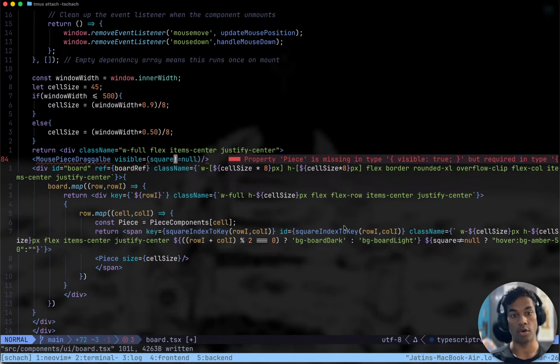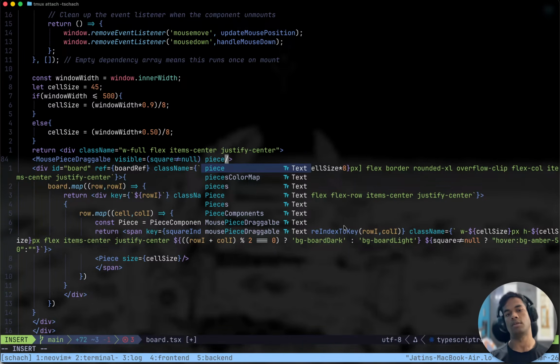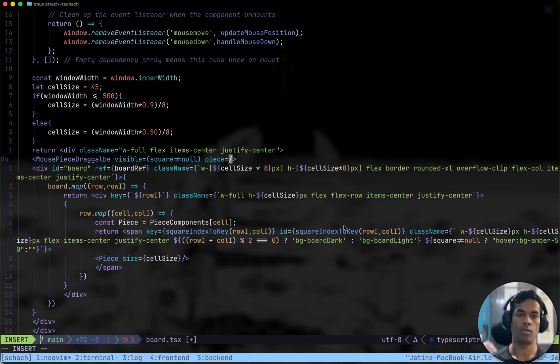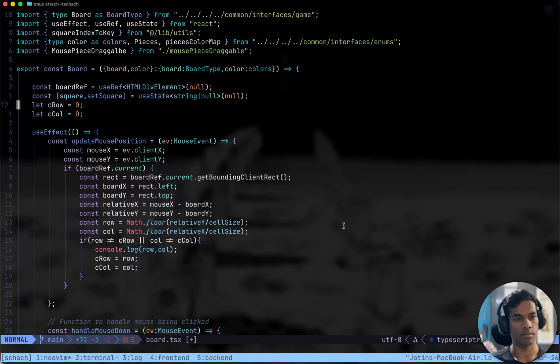Piece is missing. Okay. Yes, we also have to pass in piece. Piece equals... I don't think we should store the piece here.